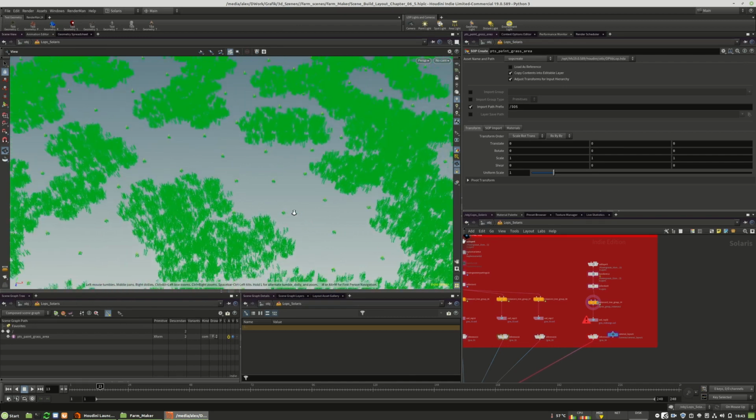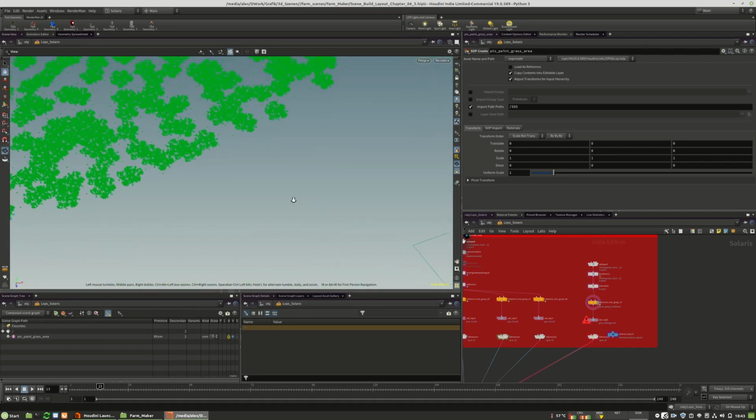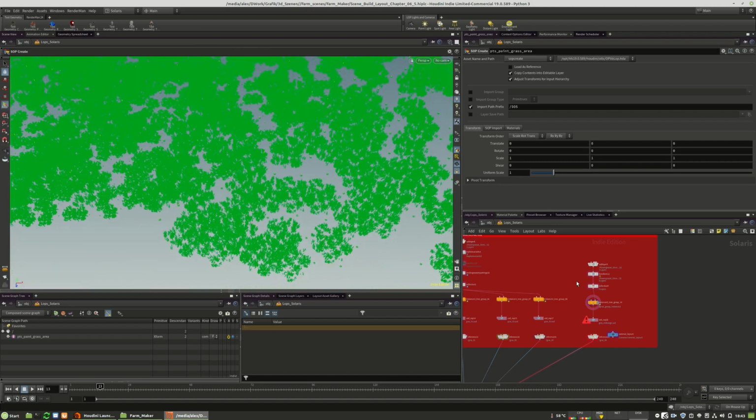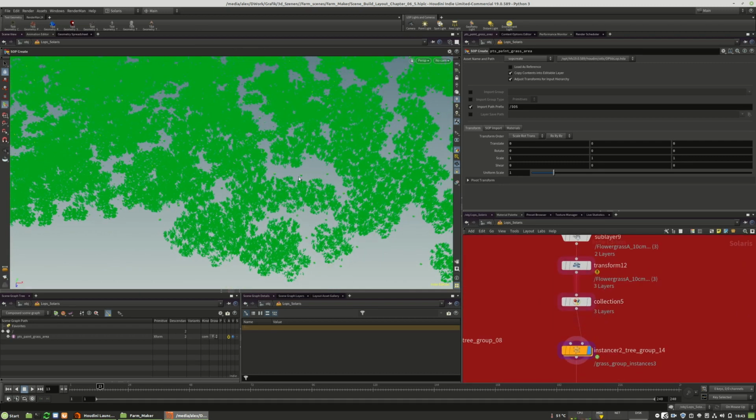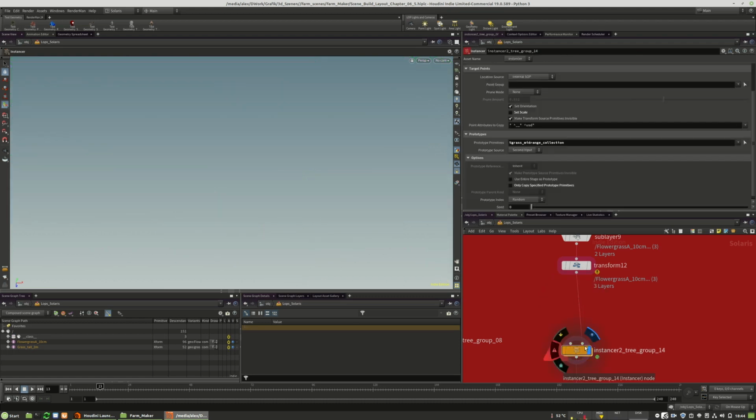And here we have some flowers. Maybe we should not use the collection. Maybe we should scatter them how they are, so that those flowers are in those patches and not right beside them. That doesn't make sense. So we will delete this collection